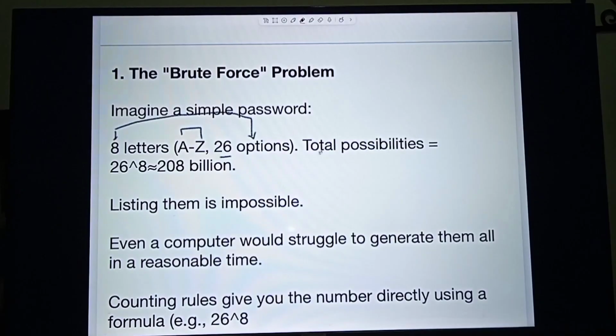So how many possibilities are there? There are 26 to the power 8